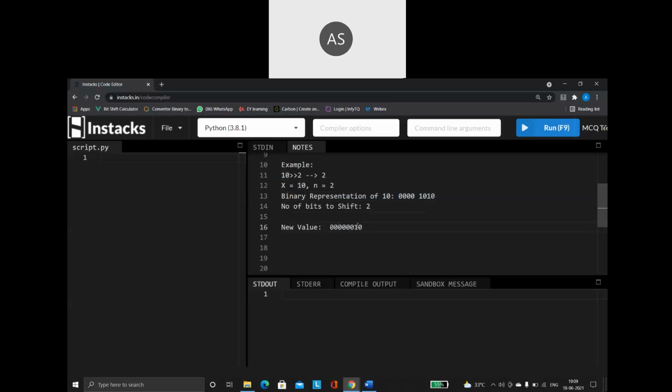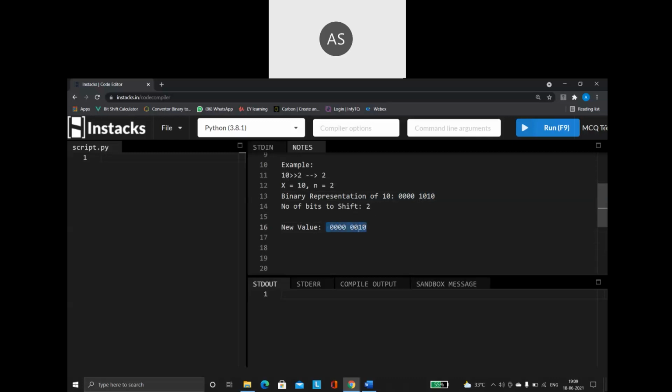Again I'm telling you, don't worry whether you are removing 0 or 1. See here what I am removing: I am removing first 0 and then 1. But when I am adding, I will always add only zeros. Don't add anything else. Okay, so this is the new number that you have got.